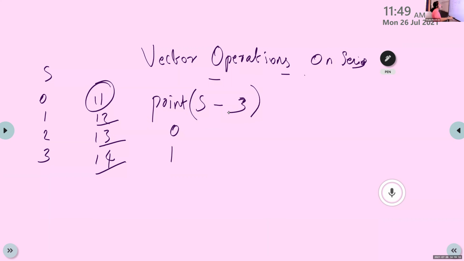Okay, Meenakshi, read the answer. 0, 8, 1, 9, 2, 10, 3, 11. Okay. S minus 3 is 0, 8, 1, 9, 2, 10, 3, 11. That is 11 minus 3, 12 minus 3, 13 minus 3, 14 minus 3. That is the result. Okay.